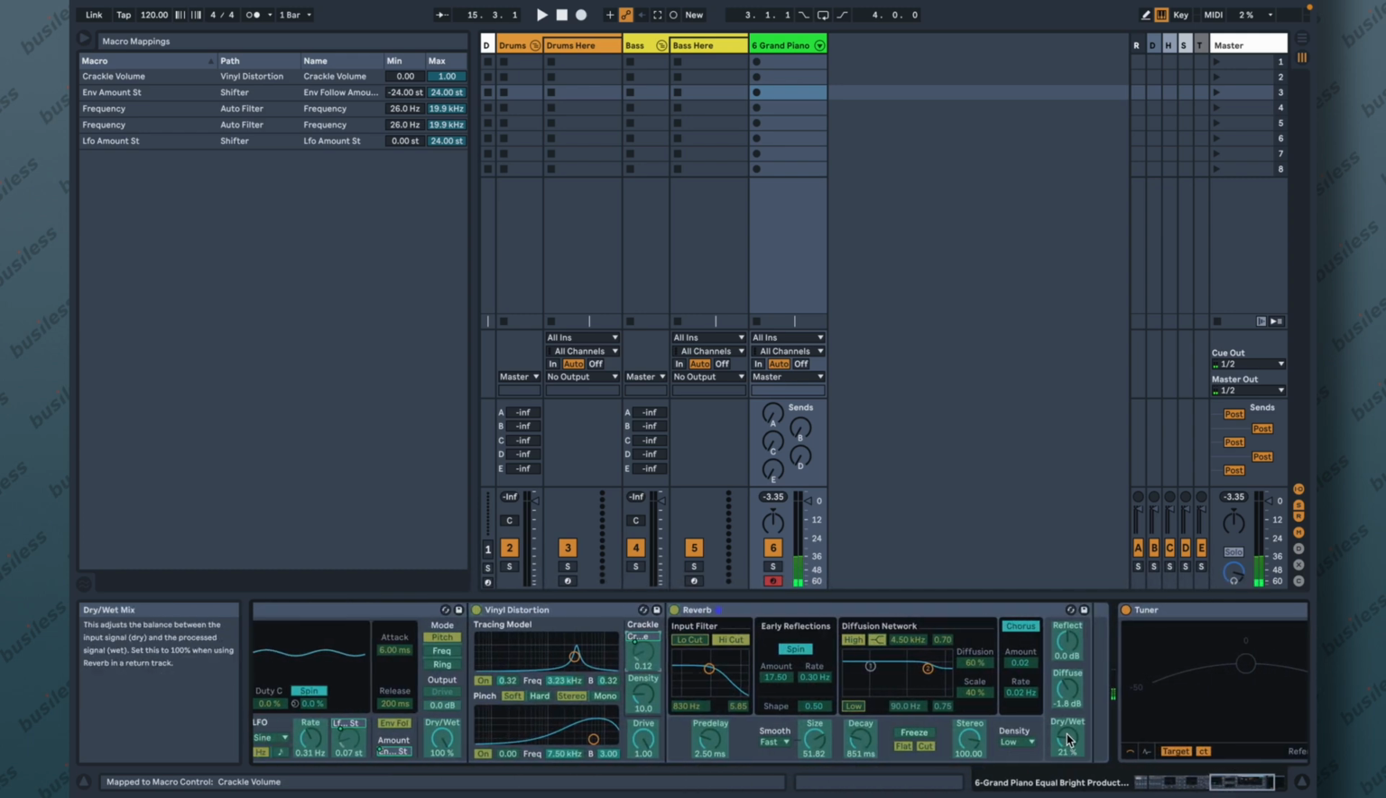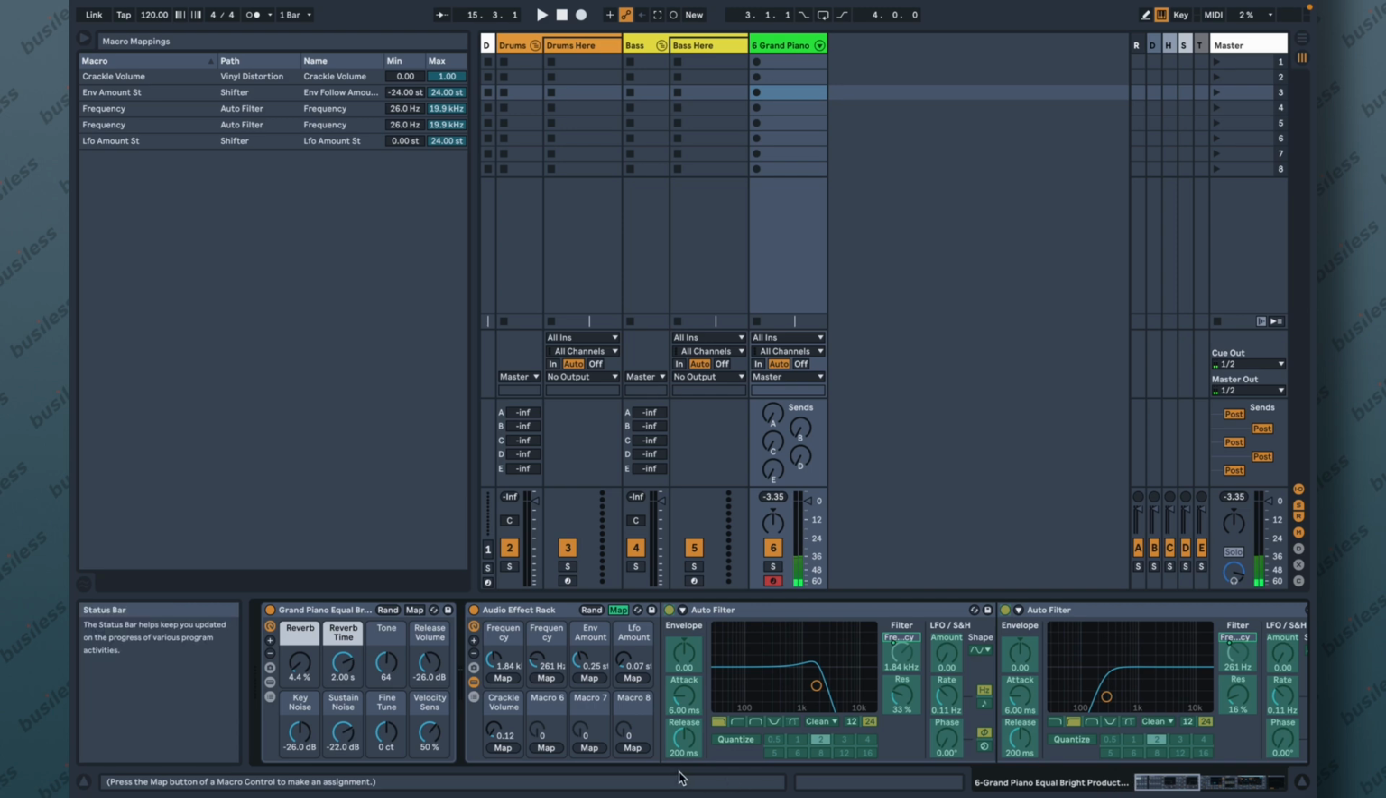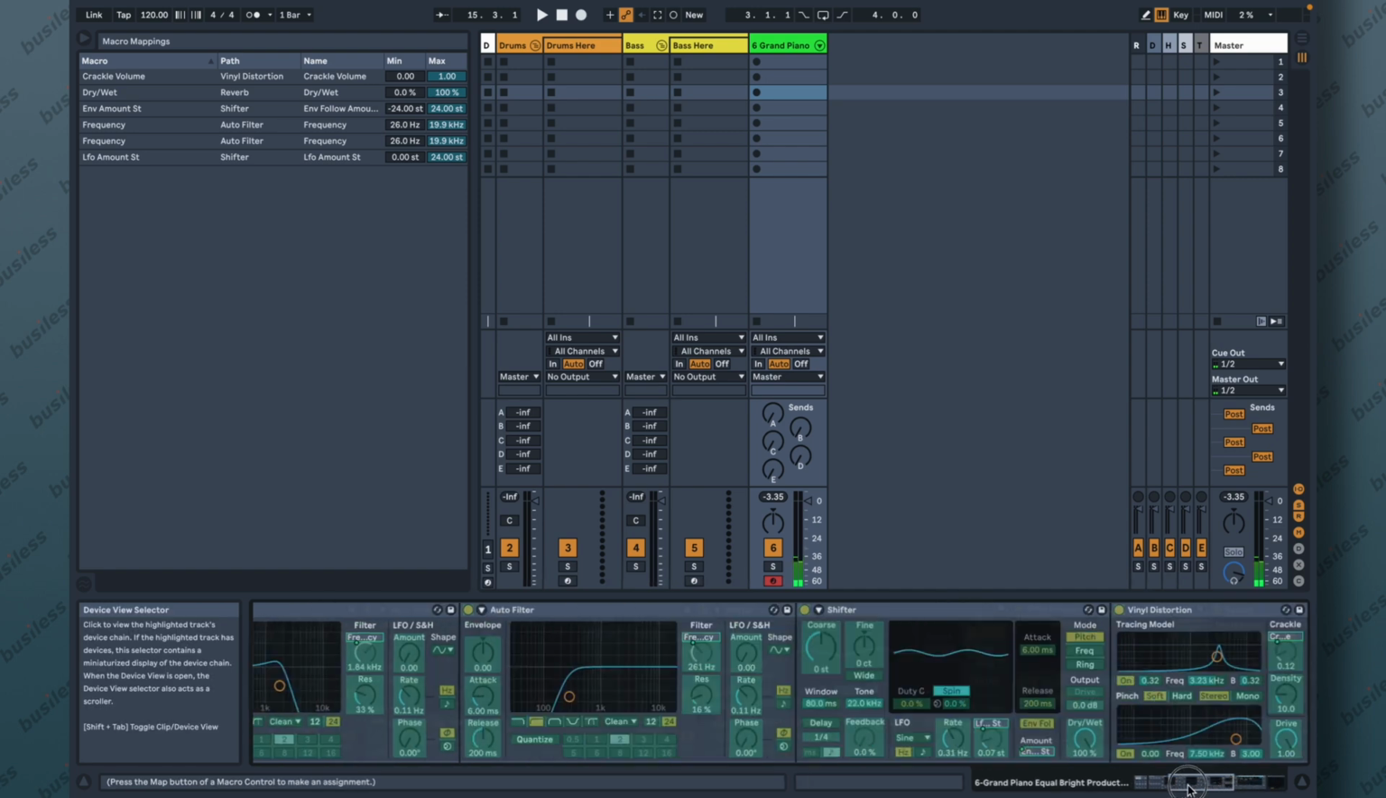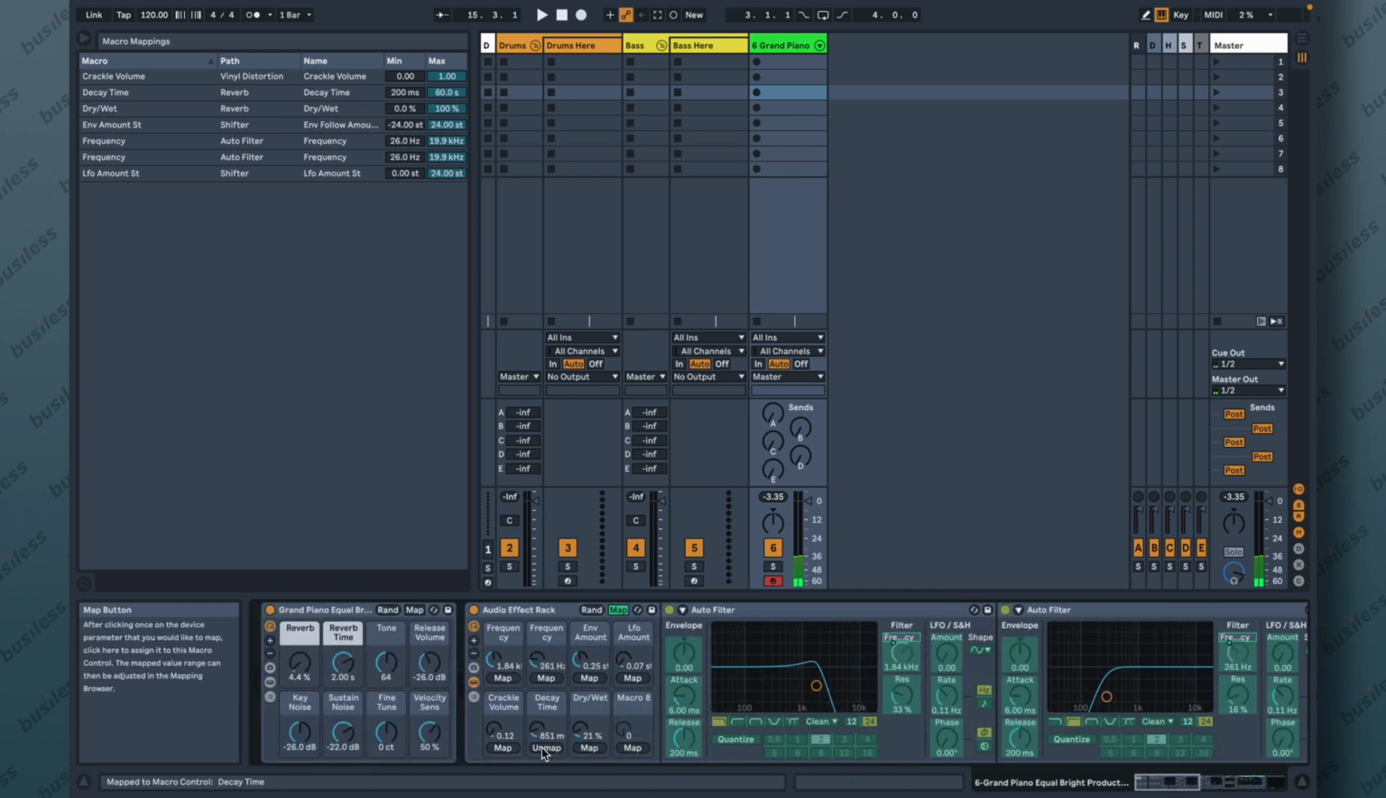And the reverb dry wet, maybe at this position here, and once more we're gonna play with the decay a little bit. If you want to have it a little bit faster, just have it here. Okay, now let's have decay time, dry wet, let's rename it, reverb, decay time, okay, crackle volume, LFO amount, envelope amount of the shifter, frequency, let's rename this to high pass, let's name this to low pass,